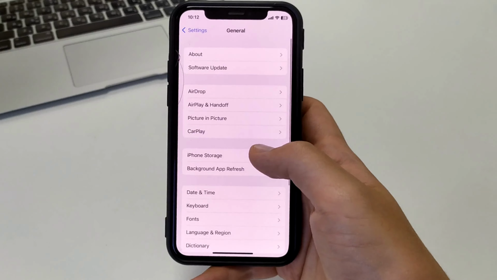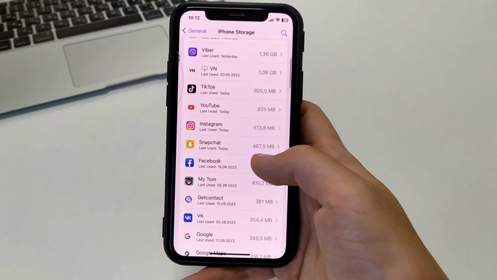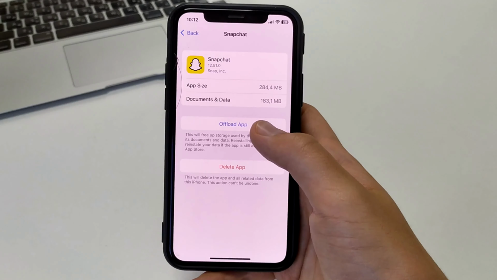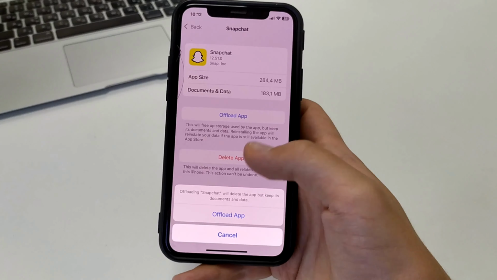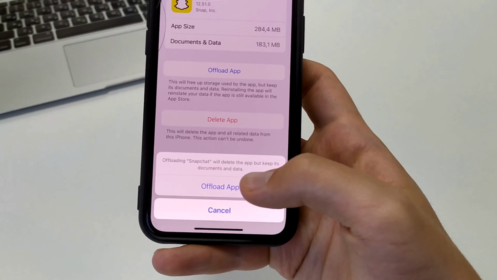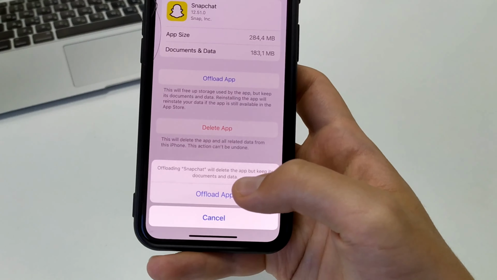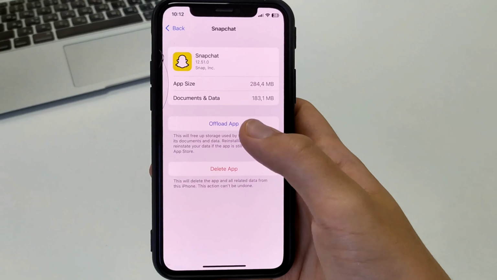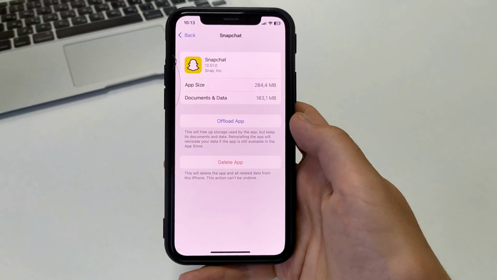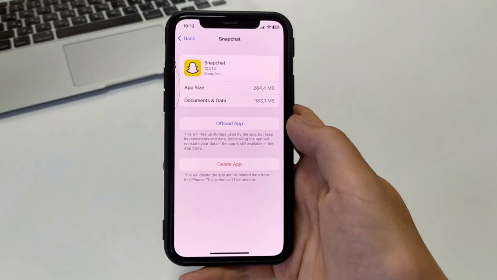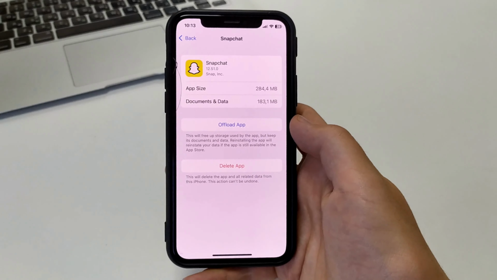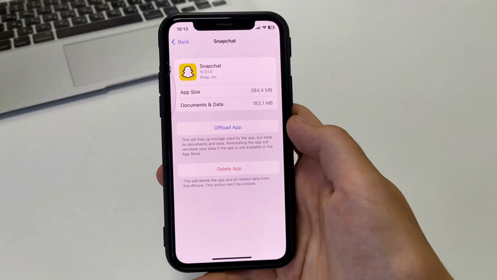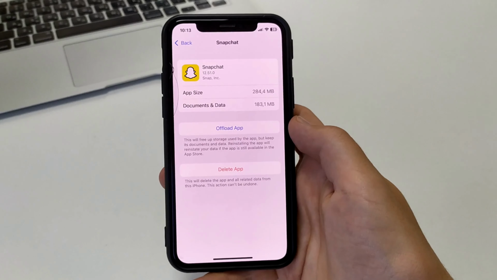And the other thing is to go to Settings on your iPhone or iPad. Scroll down. General. iPhone Storage. Snapchat. And this is where we need to unload this app. Once we unload it, all of our documents and data will still be there. Don't worry. It'll just clear the cache. Then we'll hit Reload and download the Snapchat app.